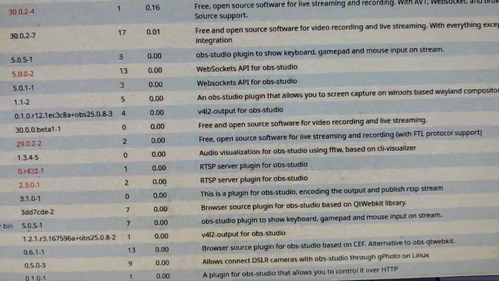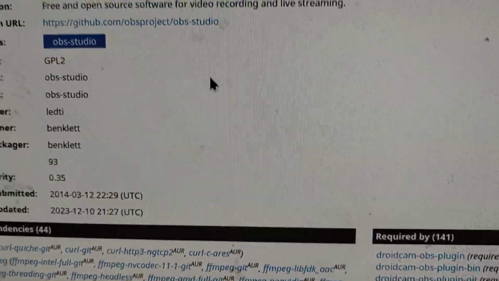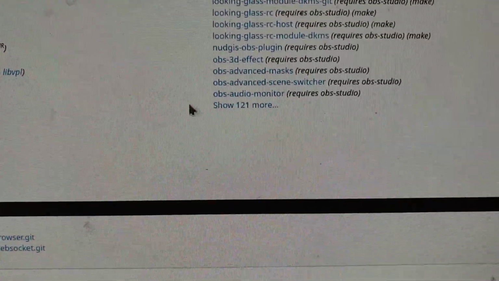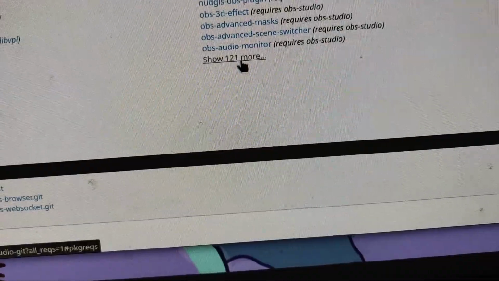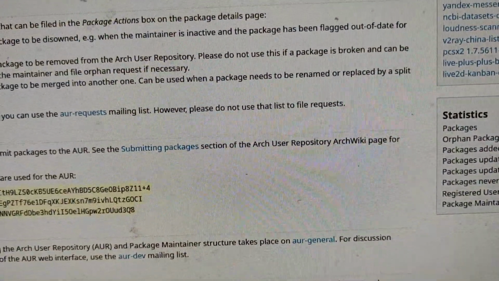Oh yeah, I found it, OBS Studio Git, which is this one. But the problem is, I can't get the AUR in case there's future reasons. And also, the AUR is supposed to be helpful. Right, we're not gonna do this. We might need to